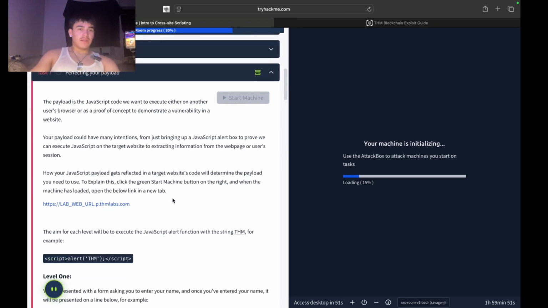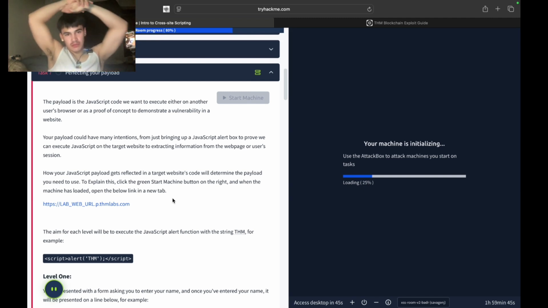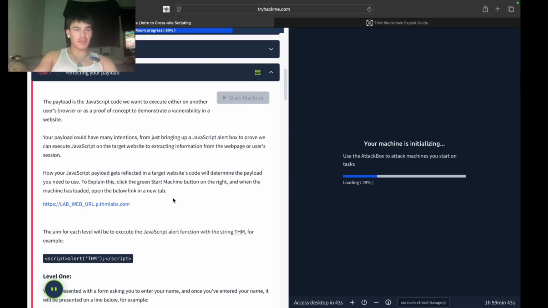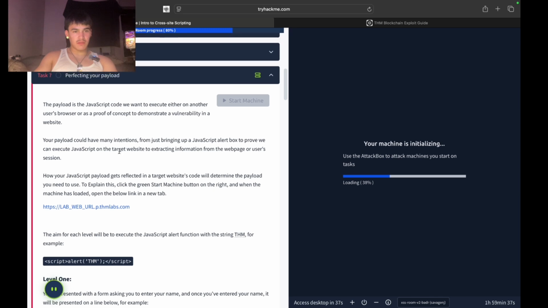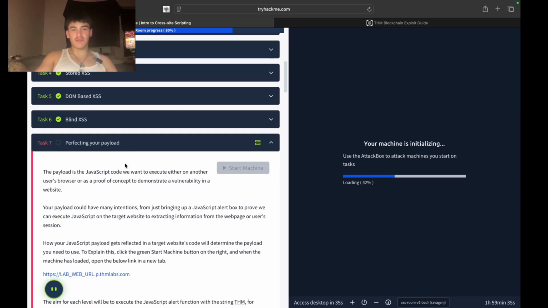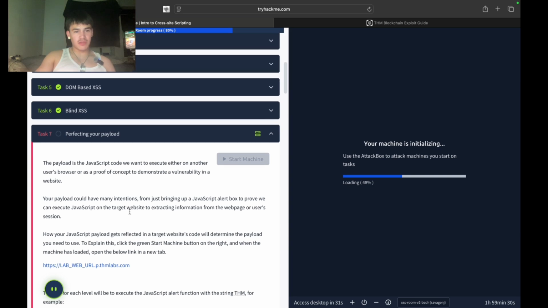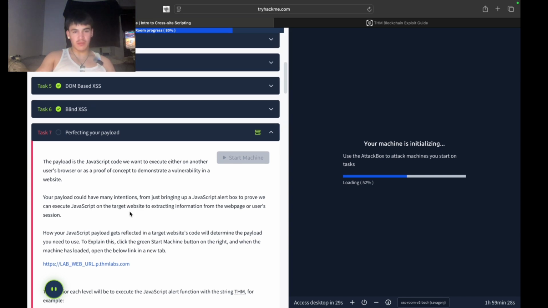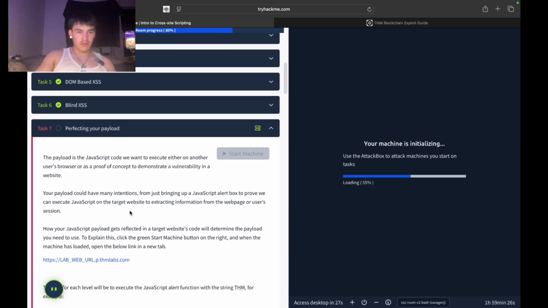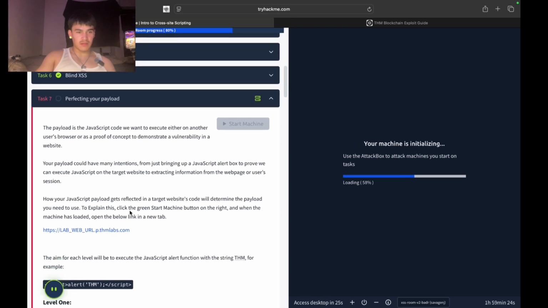The payload is the JavaScript code we want to execute, either on another user's browser or as a proof of concept to demonstrate a vulnerability in a website. Your payload could have many intentions, from just bringing up a JavaScript alert box to prove we can execute JavaScript on the website, to extracting information from the website user's session. How your JavaScript payload gets reflected in a target website's code will determine the payload you need to use. To explain this, click the